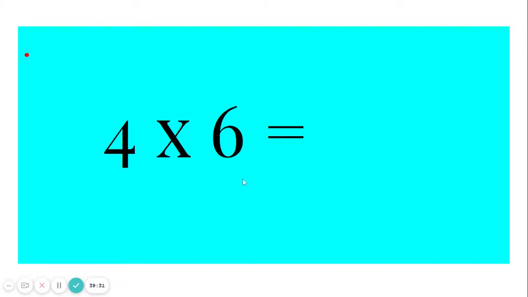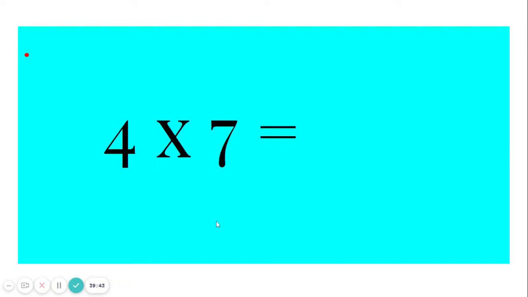4 times 6. 6 and 6 is 12. 12 and 12 is 24. 4 times 7. 7 and 7 is 14. 14 and 14 is 28. 4 times 8. 8 plus 8 is 16. 16 plus 16 is